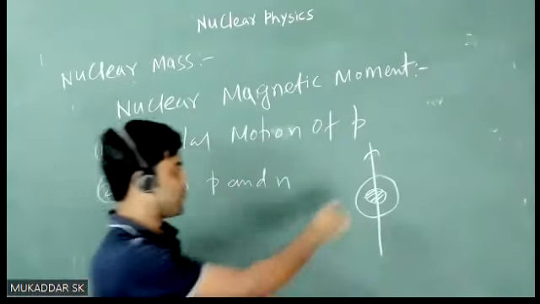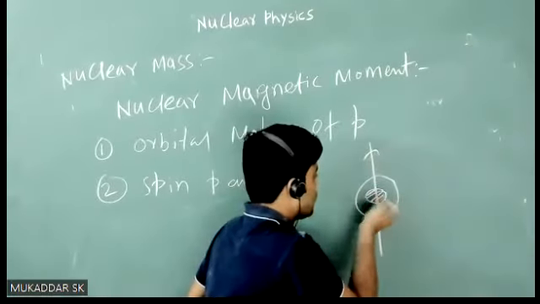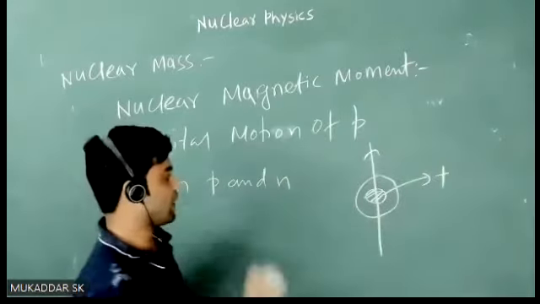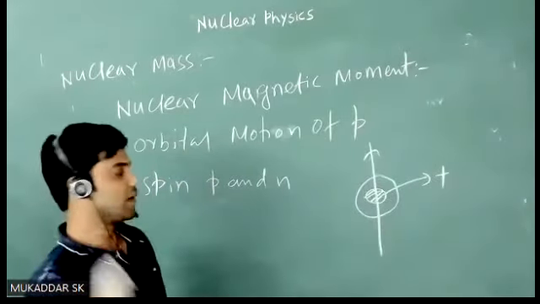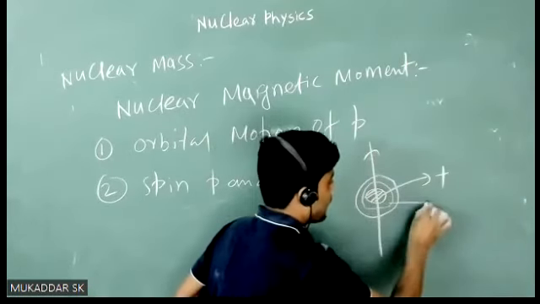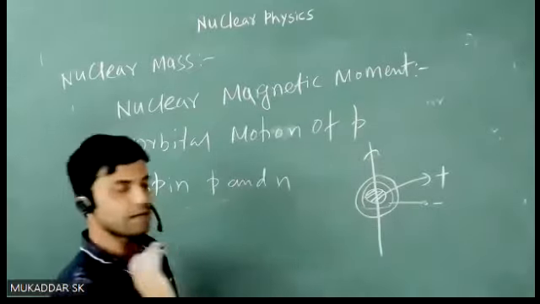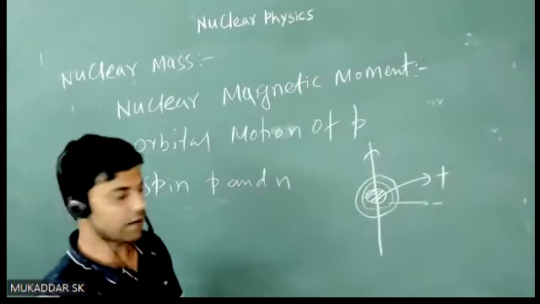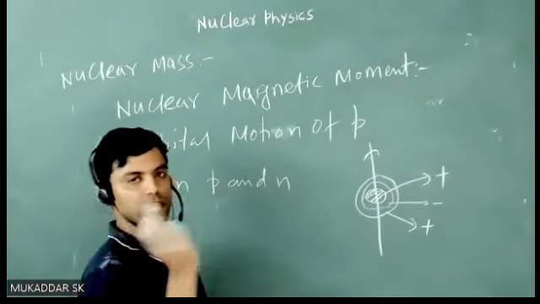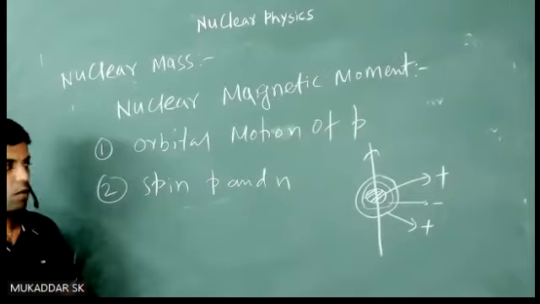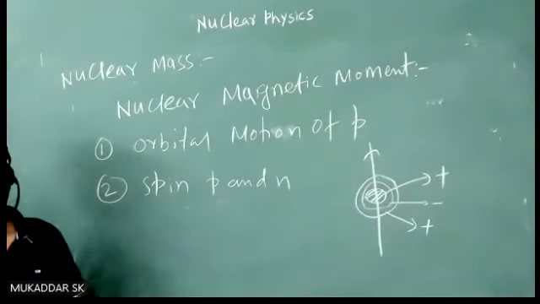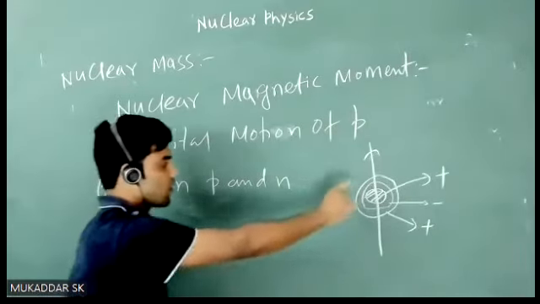During its spinning, the inner core will have some positive charge, and its spinning will give some magnetic moment. Then in the middle part, you will have some negative charge, and its spinning will give some other magnetic moment, and the outer part will have some positive charge, and its spinning will give some magnetic moment. If you sum all these magnetic moments, you will get some non-zero value. So due to the inner structure of the neutron,